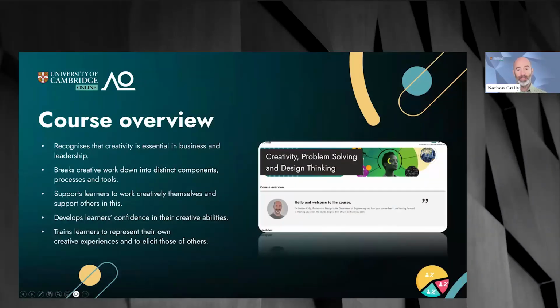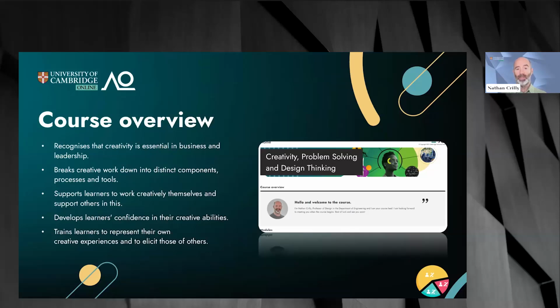One of the reasons this course was developed was really in recognition that creativity is being identified as an essential skill in business. If we take those disciplines I mentioned earlier, design, invention, entrepreneurship, those are practices that have always thought creativity was central to their work, but increasingly across a wide range of sectors and industries and across different roles within those sectors and industries, people have recognized that creativity is central to solving problems and developing better solutions. So what the course does is break down creativity into these distinct components.